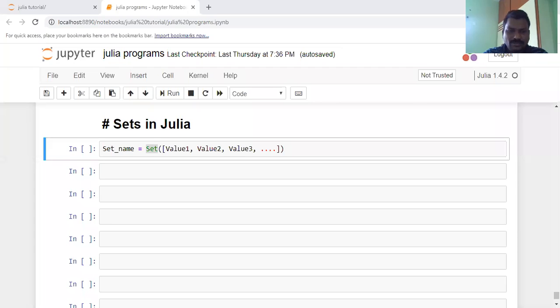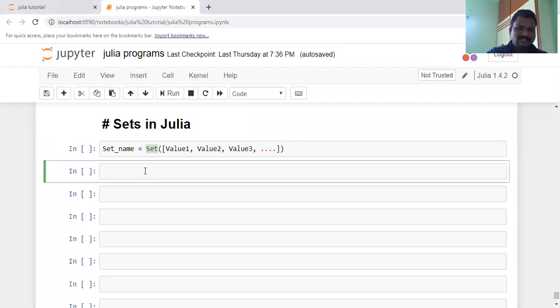How can you create a set? Let us take a simple set, for example set 1. Set 1 equals set, with parentheses and then square brackets within the parentheses. It starts with the name, capital Set.